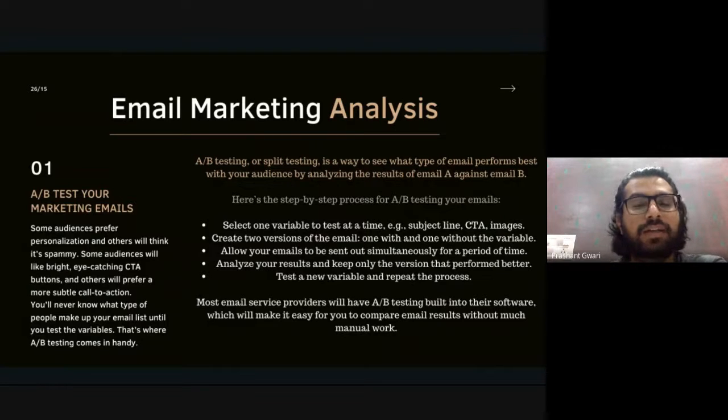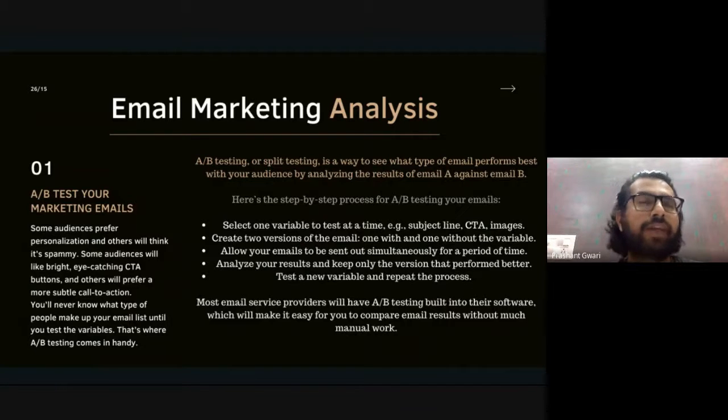There are a few tests which you can perform on your email marketing campaign. Number one, select one variable to test at a time. You can't test 2 to 3 variables at a single time. Variable means the element of your email marketing campaign. And what are the elements, or variables, of your email marketing campaign? Subject line, headline, image, call to action button, description. So these are the variables.